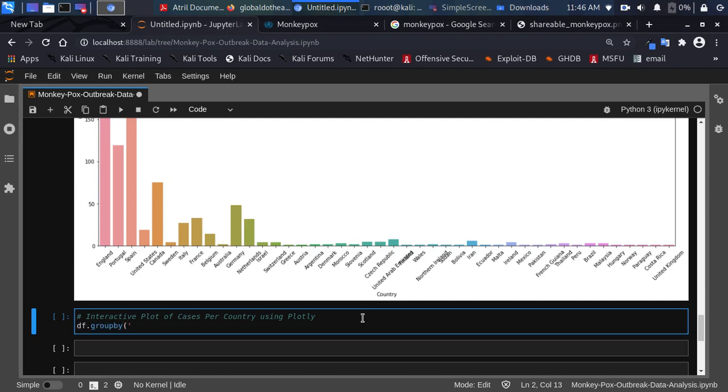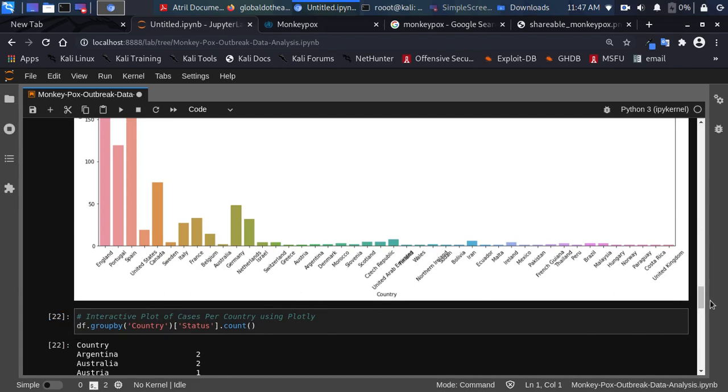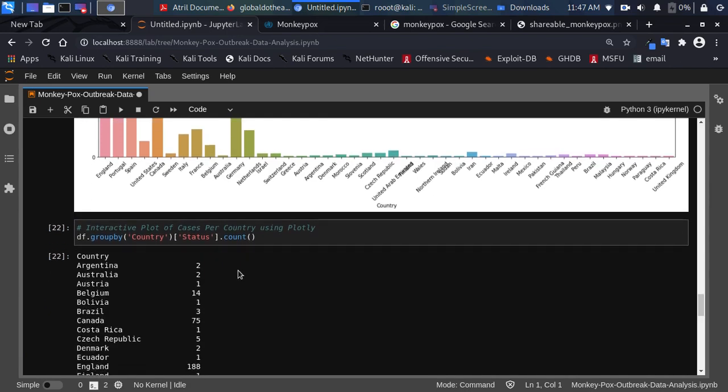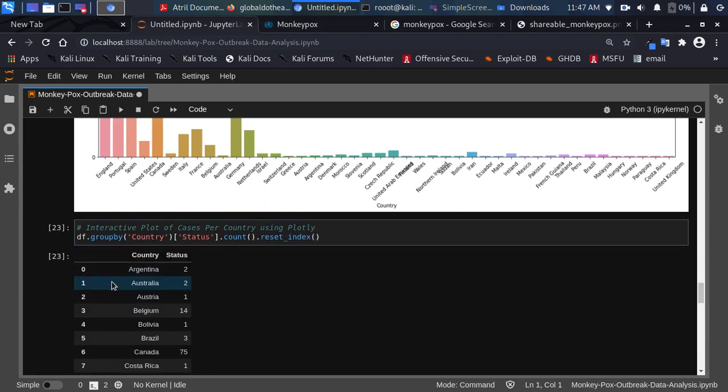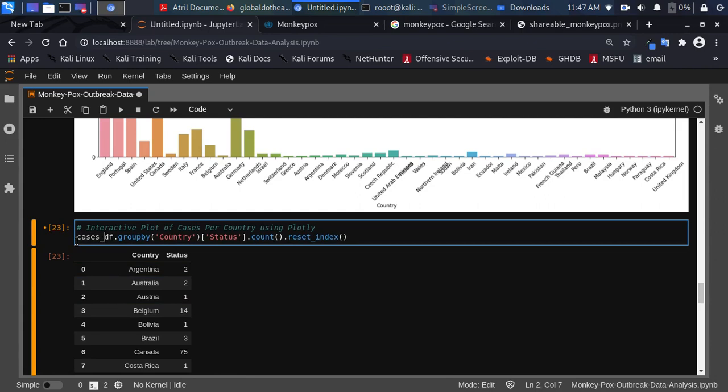Then this is another way you can also get a value count per country. Then we are going to get per the status, that is the most important. Then count, right? So this is going to count the entire stuff and give us per the country and the count. So as you can see, I can just go back to reset index, so that we have it as a proper data frame. I can now put this one into my cases per country,